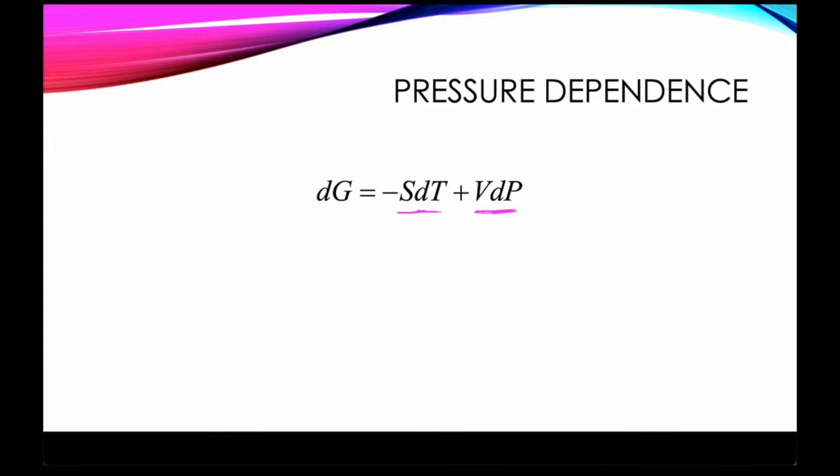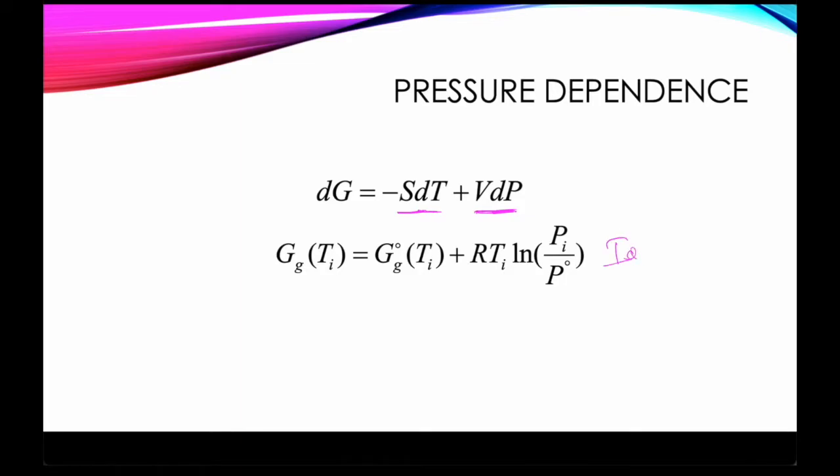But we first need to figure out what the Gibbs energy is of the vapor at our starting point, at our initial temperature before we increase it. All right. So now we can see that this is the relationship, assuming an ideal gas. We can show that the Gibbs energy at a pressure different from 1 bar of the vapor is given by this expression where the vapor pressure at our initial temperature is given by P sub I.